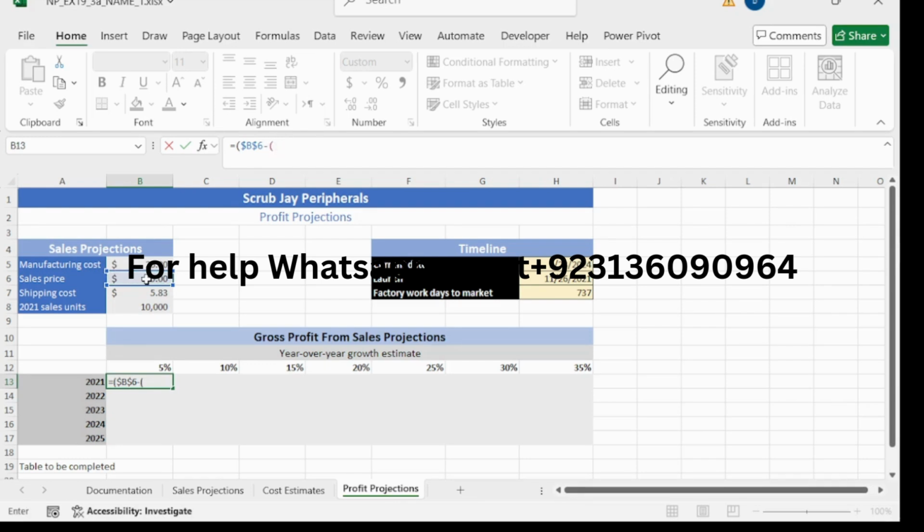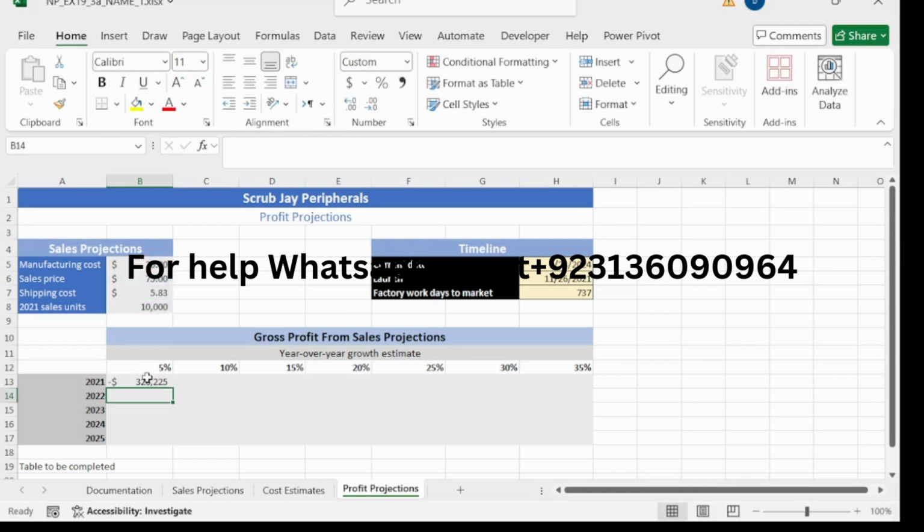Open the bracket and select B5, F4 and plus B7 like this. Press F4 and close the bracket and multiply by B8. Select B8, this one, and press F4 and then close the bracket and press enter.